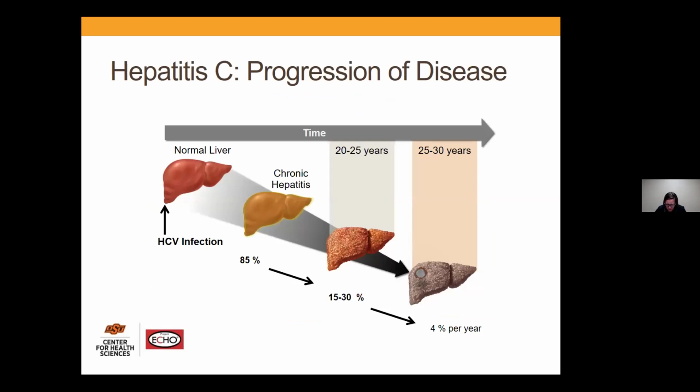On the left side of the slide here, you can see that if a person gets infected with hepatitis C and they have a normal healthy liver, then over time you're going to see fibrosis, so the scarring of the liver because of the virus. I tell the patients it's like attacking your liver. Over time, that scar tissue builds up, and about 20% of patients will actually develop cirrhosis over the course of about 20 years. That's what the third column there is showing. And then of those, about 4% per year will develop hepatocellular carcinoma.